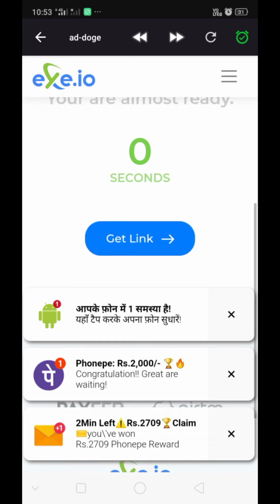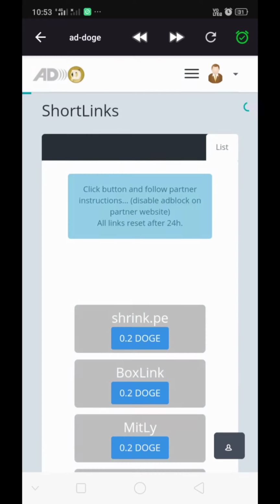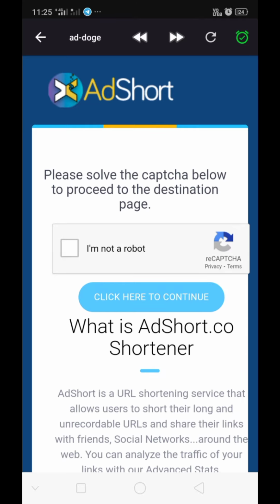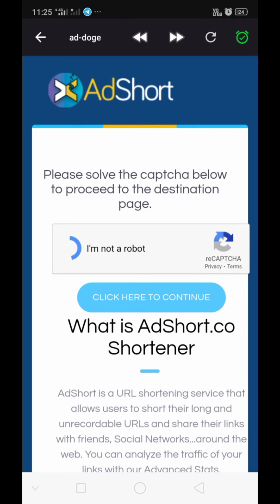In this way, complete 10 short links minimum to get the daily bonus. I skipped the video. For every short link we will get 0.2 doggy coins. So this is my 10th short link.